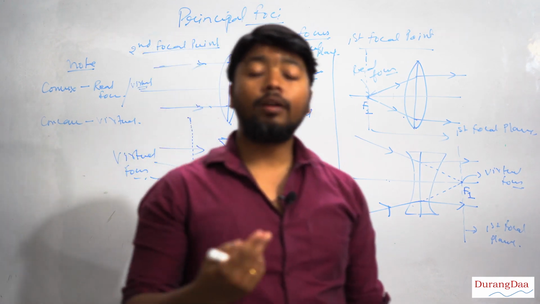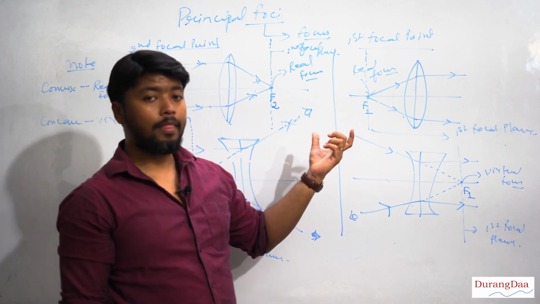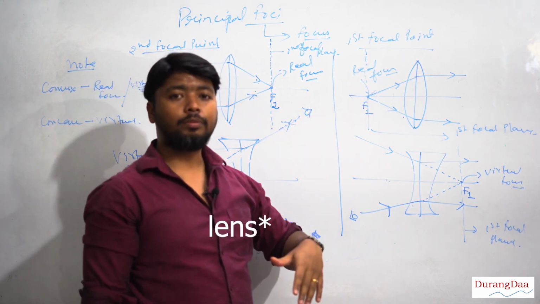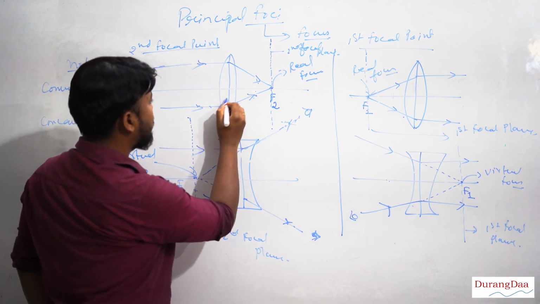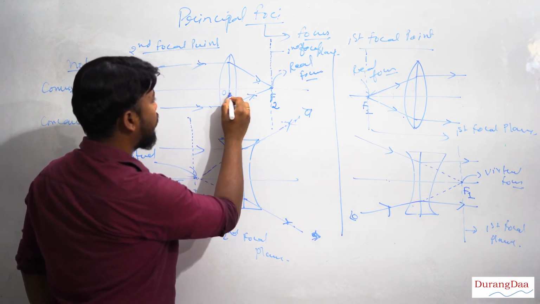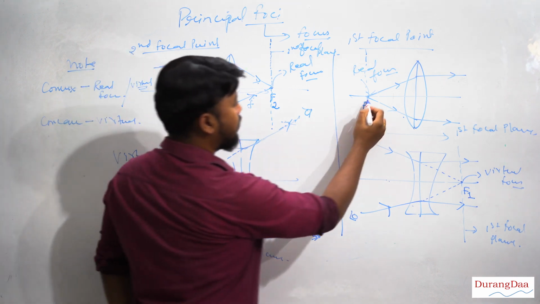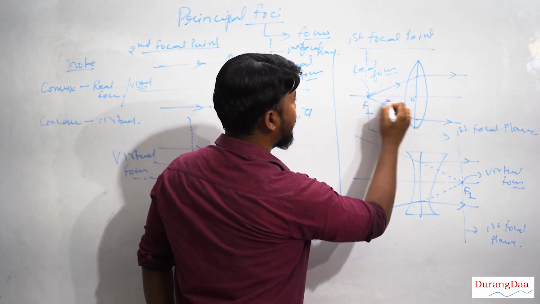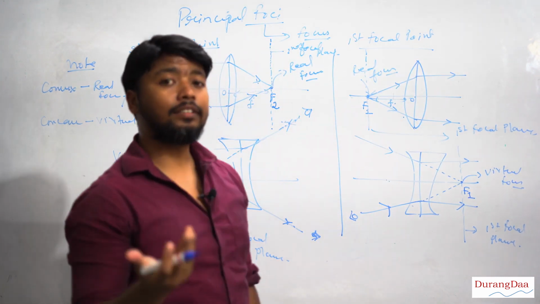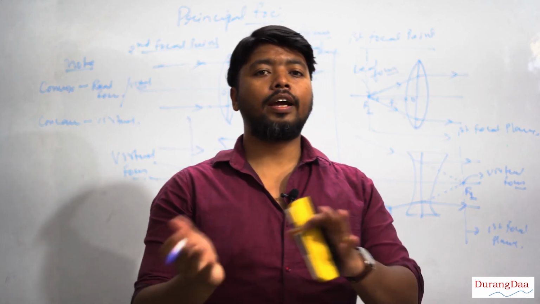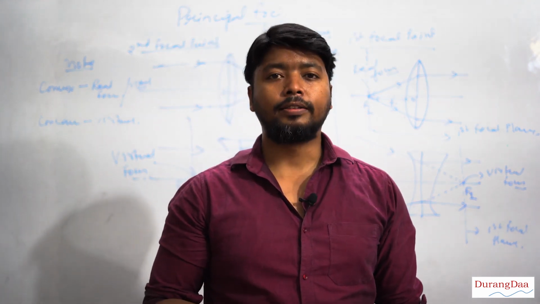Next session, we will be covering the factors which affect the focal length of concave and convex mirror. Focal length is nothing but the distance from the optical center to the focus. This distance we denote by small f. The distance from the focal point to the optical center is your focal length. We will do that in detail in the next section. What are the factors by which we can change the focal length of a concave or convex lens?